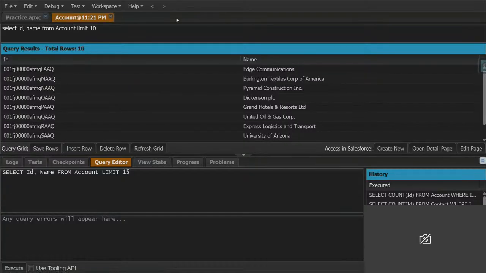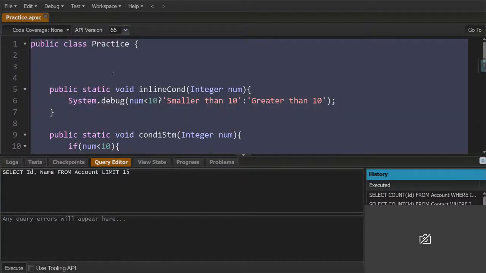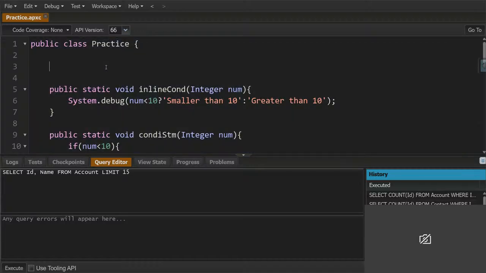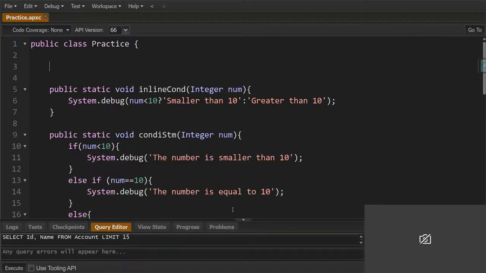So how to create an account using Apex programming. This is what we'll be learning here. So let's slide this down so that we'll be focusing on the main coding screen. And here we have to write public static void createAccount, and